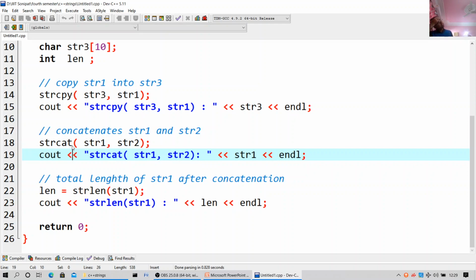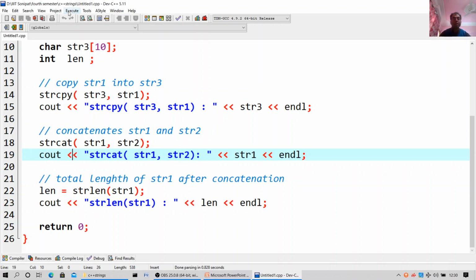So it is the concatenation of string 1 and string 2. length = strlen(str1). It is taking the length of string 1. cout << strlen(str1). So it is taking the length of string 1, which is 10.